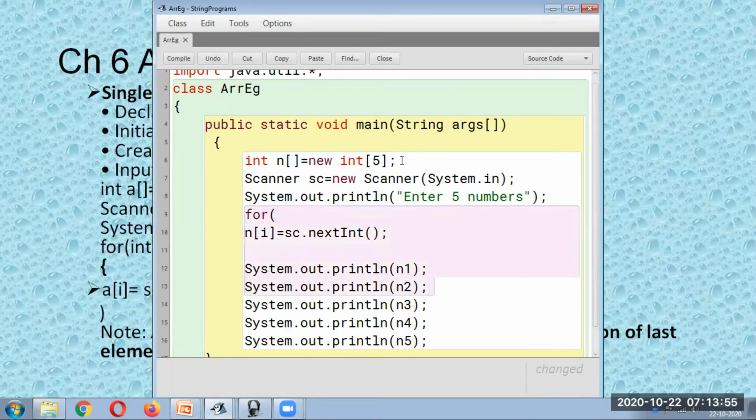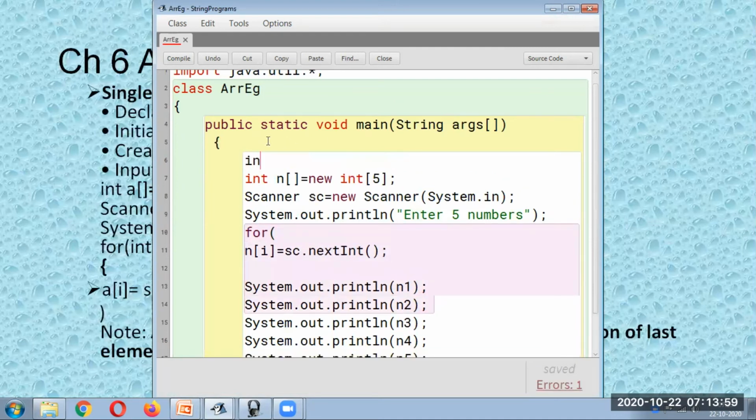We can take a variable over here, integer I. And here we can write I is equal to 0, you can just take a loop, I is less than 5, because it should go up to 4. Sorry, here it should be I is less than 5 and I plus plus.